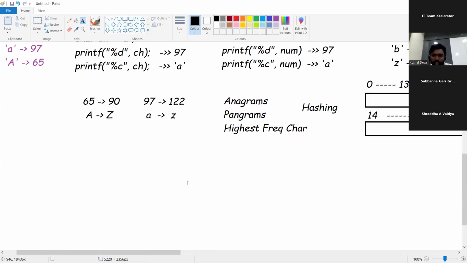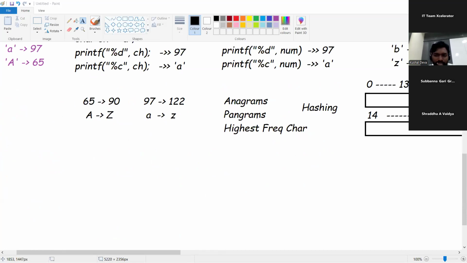Now let's come to the same character part. What I was trying to say is, do you know what anagrams are? Maybe if you want to understand hashing, do you know what anagrams are? Anyone have any idea?